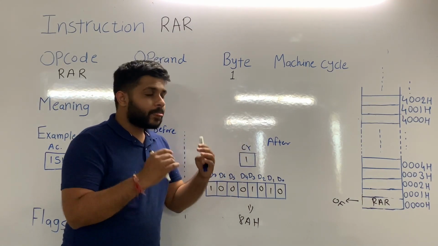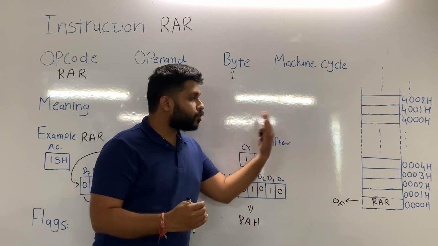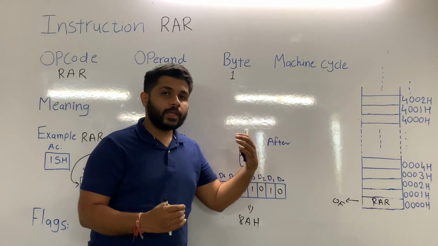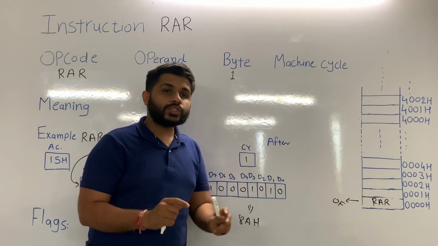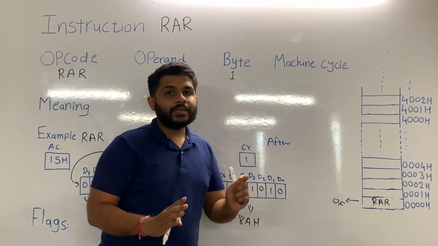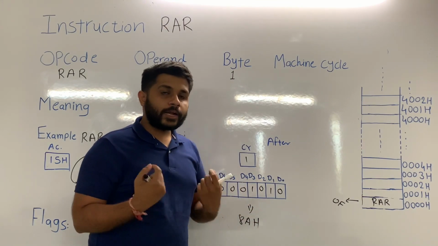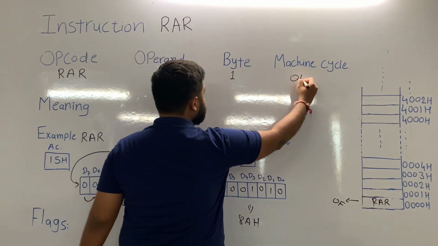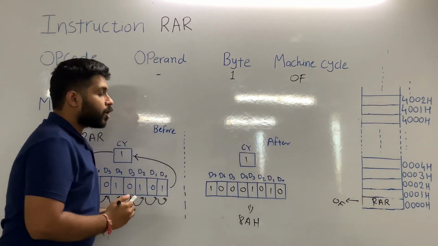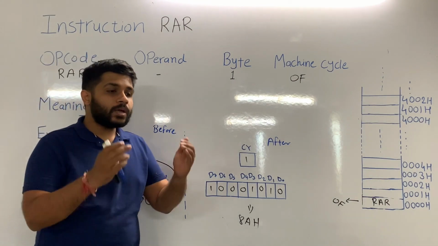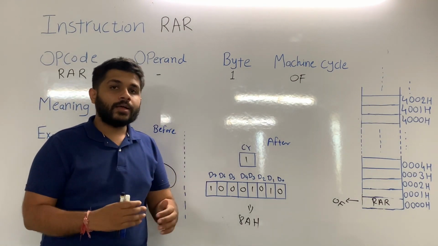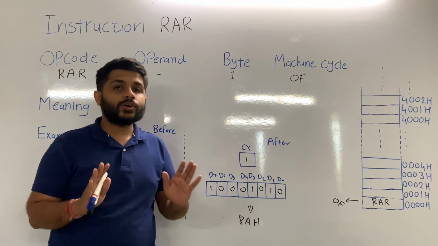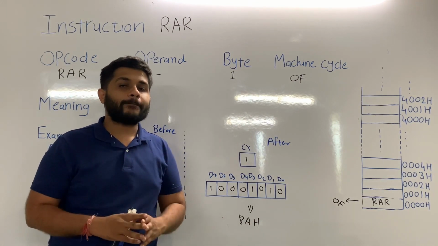During the execution, is processor writing any data to memory or reading data from memory? No. During the execution, no memory interaction is done. What I am trying to say is, in this example, only one machine cycle is needed, that is opcode fetch, because all the process is happening within a microprocessor, and for that processor does not need any extra machine cycle.